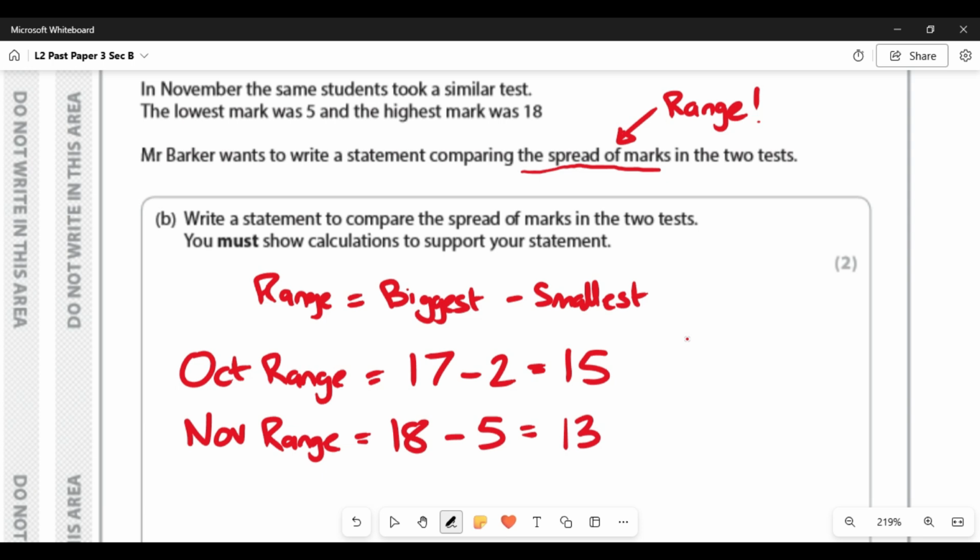So what did he say? Mr. Barker wants to write a statement comparing this. Oh, right, so you just have to compare them. Write a statement to compare the spread of the marks in the 2 tests. So I would probably say the range for the marks in October was bigger than the range of marks in November. Yeah, so you can say